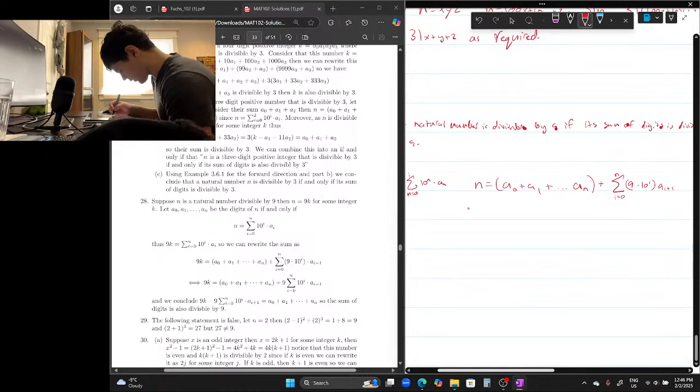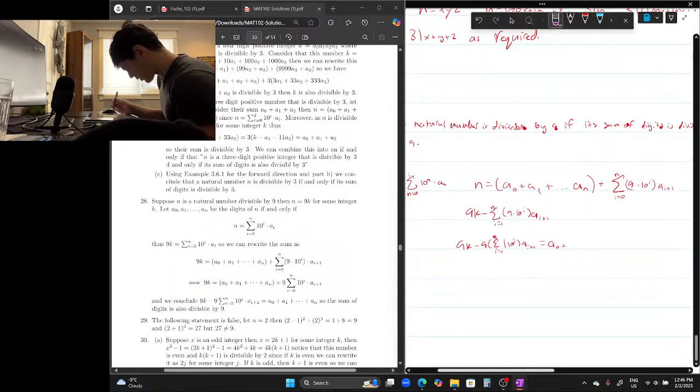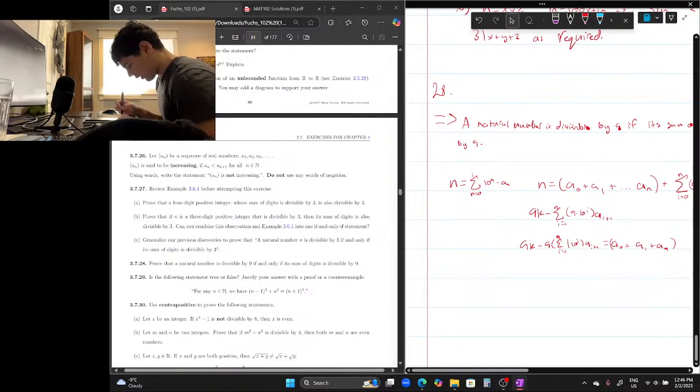Then we know this is divisible by 9, so we say 9k. Again, literally the same thing, just minus this whole expression in sigma notation. We don't even have to know what it is, because of the property of summation, which all of you should know: 9k minus 9 times the sum from i equals 1 to n of 10 to the i times a of i plus 1. And then we get whatever your sum is, doesn't matter. Your sum's jolly, joy, because now it is a multiple of 9. I probably would have gotten it because I was on the right track, but